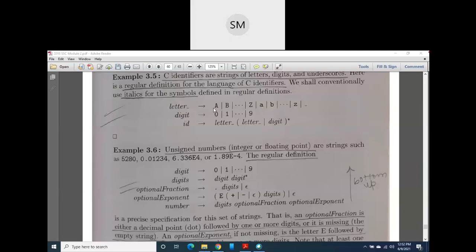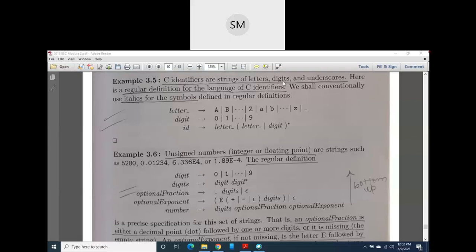Here one regular expression is there to represent the letters, because in our C identifiers letters are there, digits are there, and underscores are there. For letters and underscores, I write one regular expression like this: a or b or c up to z, small letters, or underscore, where or is nothing but union. Any one of these will be present. For this regular expression, I give one name, letter. Here D1 is D, regular definition, a name given to this regular expression.